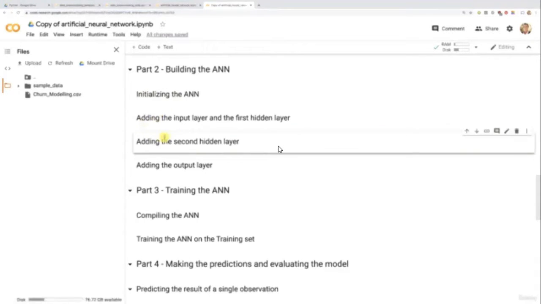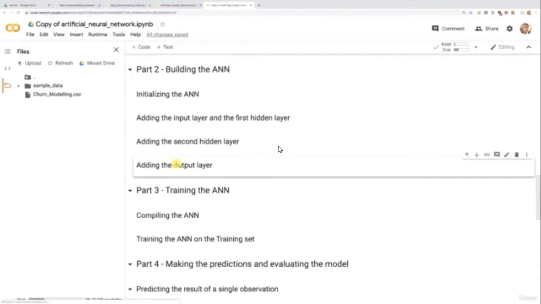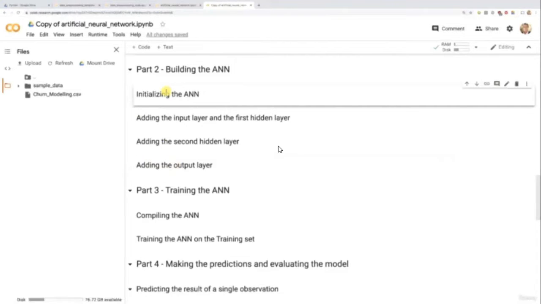Then we'll add the second hidden layer in order to build indeed a deep learning model as opposed to a shallow learning model. And then finally, we will add the output layer, which will contain what we want to predict. We're going to tackle these 4 steps in this one same lecture, starting with this one, initializing the ANN